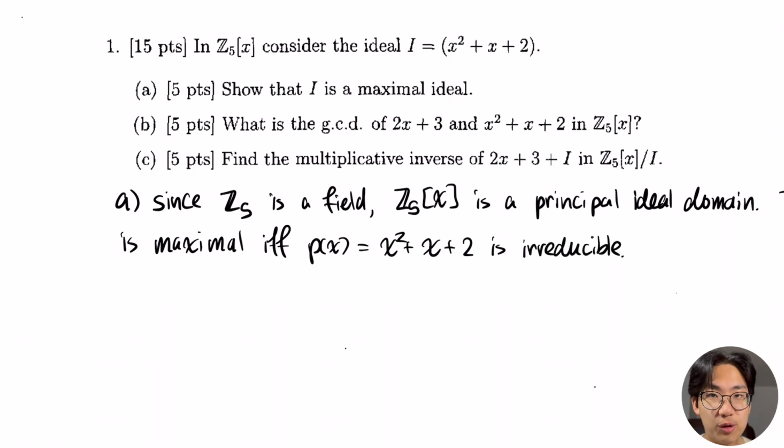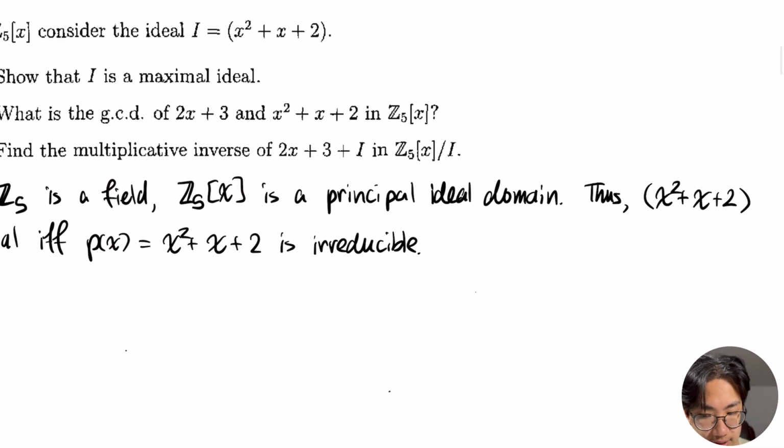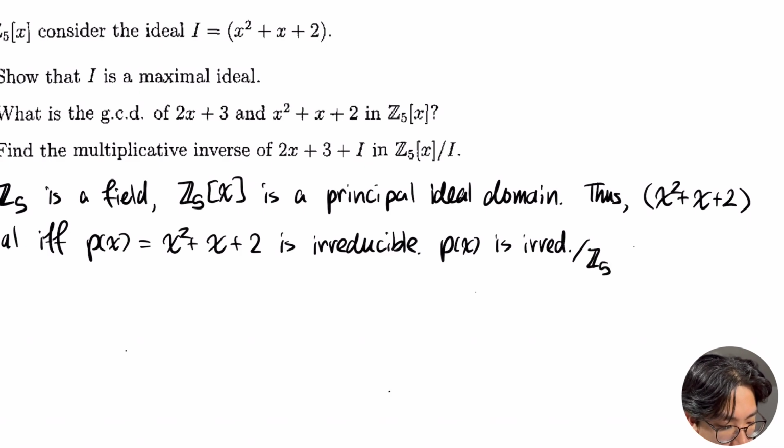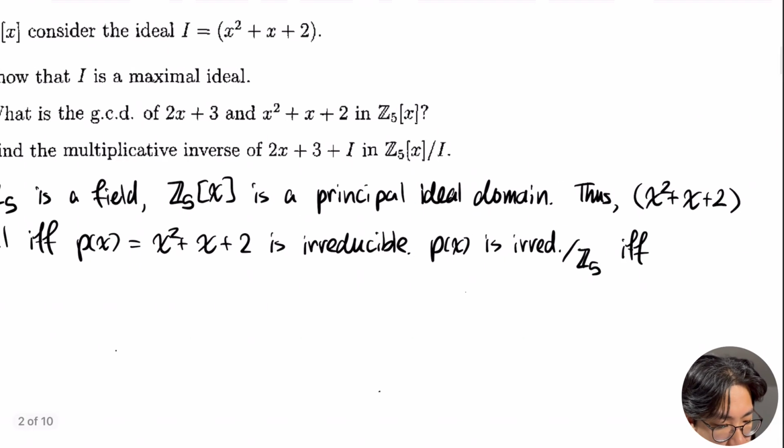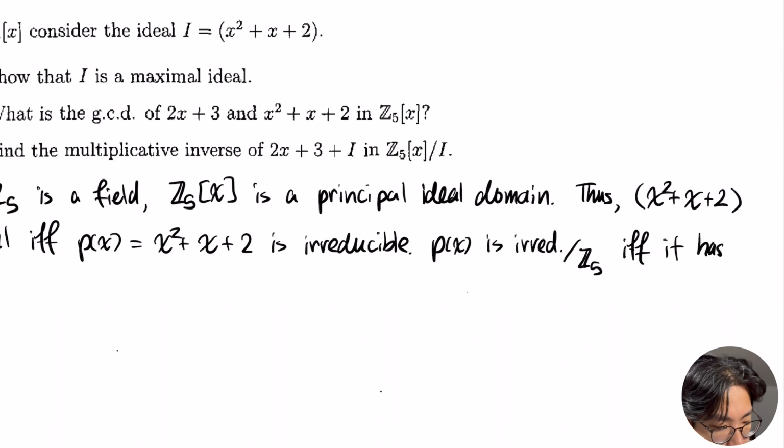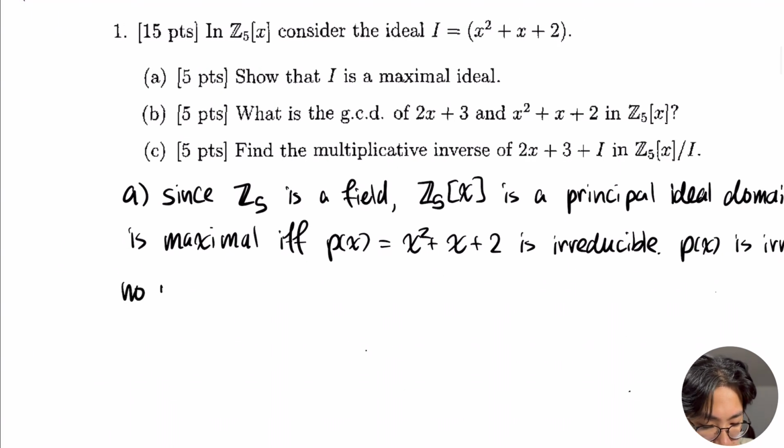Now, since the polynomial we're dealing with is a quadratic, meaning degree 2, we know that it's irreducible if and only if it has no roots in the field we're looking at, which in this case is Z mod 5. So let's quickly write that out. Again, p of x is irreducible over Z mod 5 if and only if it has no roots